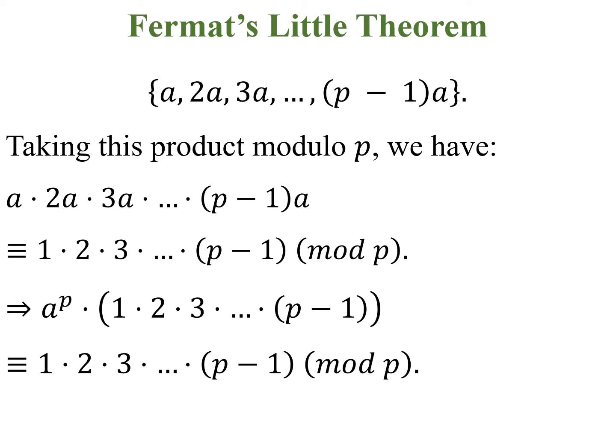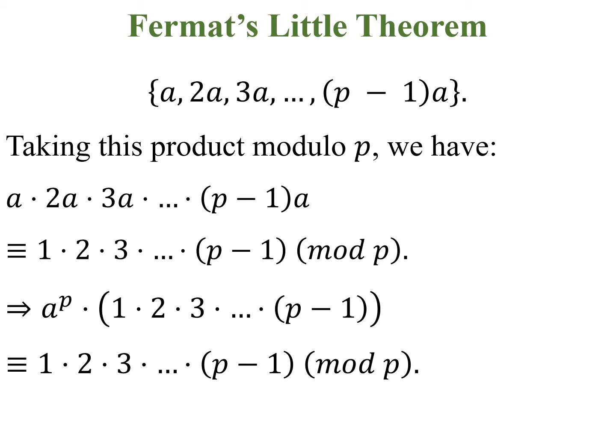Okay, so we'll get A into A into A into A. How many times? P minus 1 times. It will result as A raised to P minus 1. This is not A raised to P, this is A raised to P minus 1. Into what? 1 into 2 into 3 into P minus 1 is congruent to 1 into 2 into 3 up to P minus 1. These products cancel each other due to cancellation law,